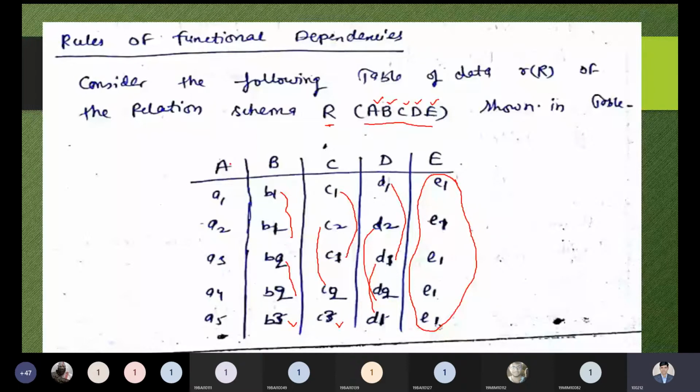We are assuming a relation given in a specific manner, that is A, B, C, D, E. So this is a relation. The rule of functional dependency says how we can use the information to represent things and how we can identify them. If you are talking about the rules of functional dependency, then we must take care of all those important points. Those are the three different rules: the augmentation rule, the transitive rule, and the reflexive rule. So understanding this, we need to keep in mind this statement as I have written in my handwritten notes.